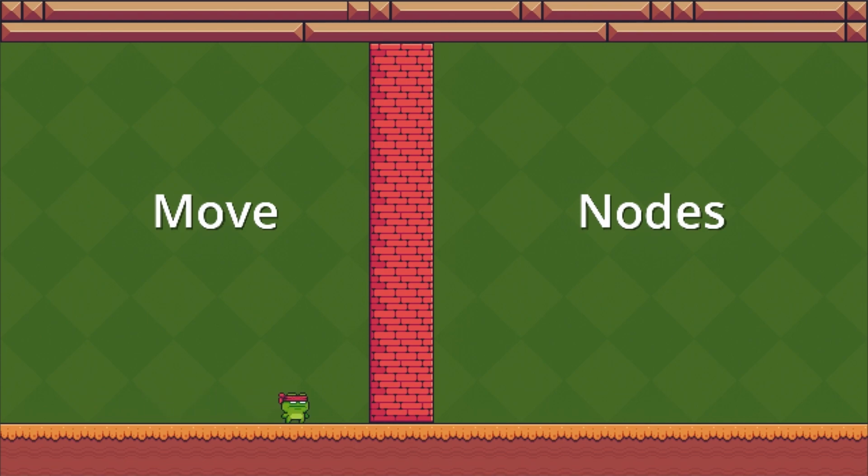Move nodes. All right, so let's say we need to be on the other side of this wall, or worse, we're stuck in a wall. Now, normally if we were stuck in a wall, we would have to reload the application and get back to where we were and hope we don't get stuck in the wall again, but not with this system. So we'll just open the terminal,